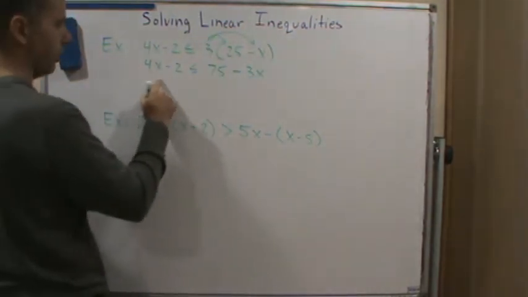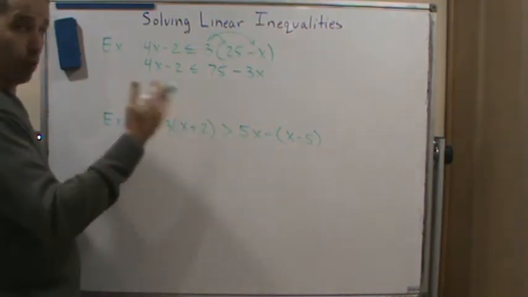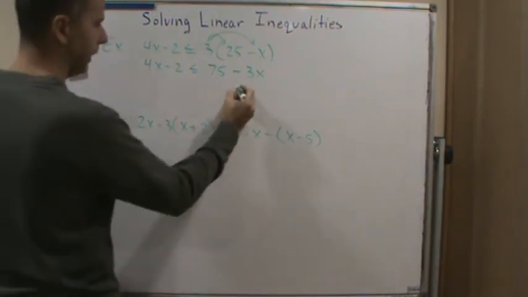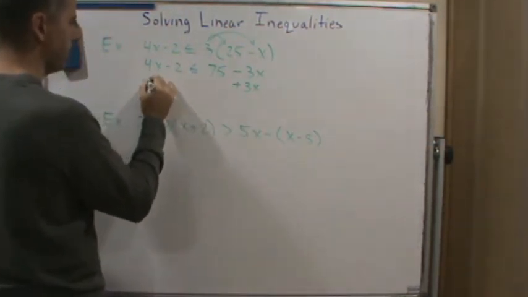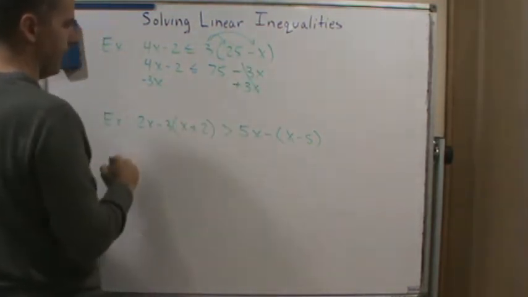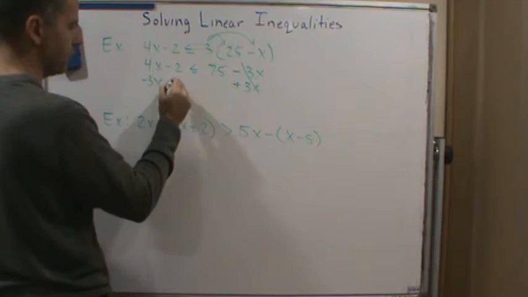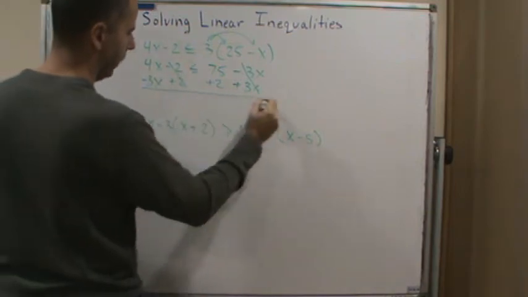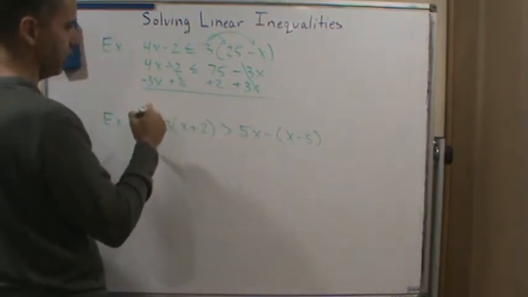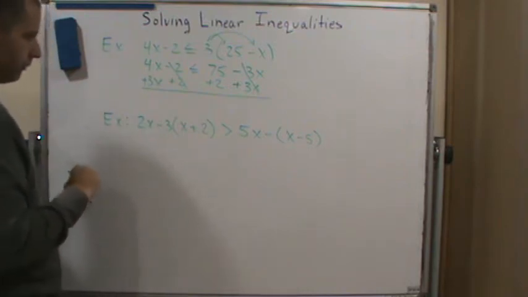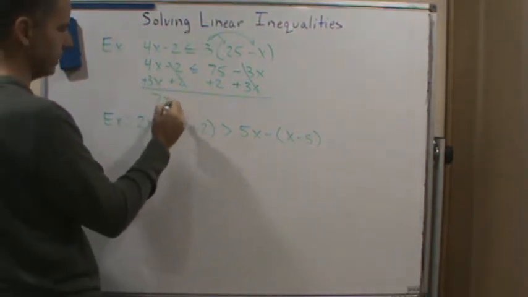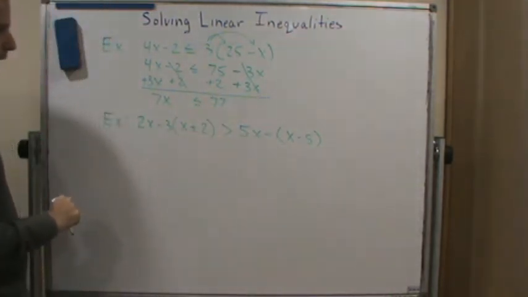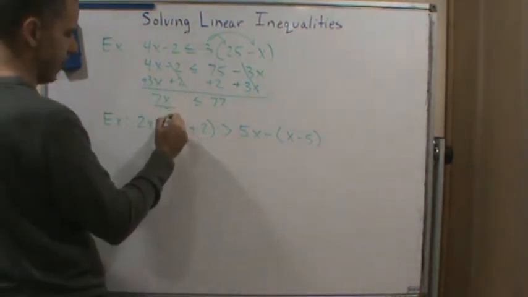And now I'm going to start moving the variables to one side of the inequality and all the constants to the other side. So I'm going to add 3x to both sides. That'll get rid of these. But I'm also going to add 2 to both sides, so that'll get rid of the constants over here. And so if I add here, I get 7x is less than or equal to 77. And so now if I divide both sides by 7,